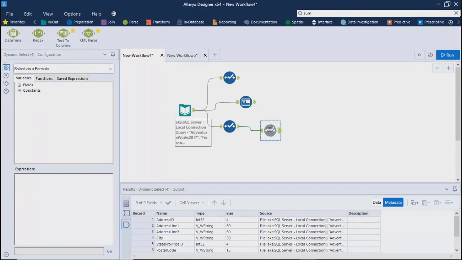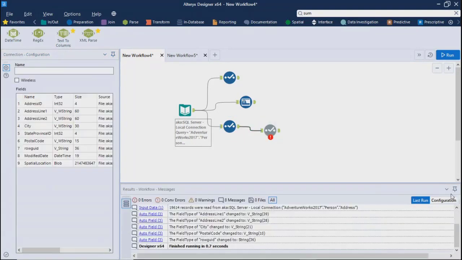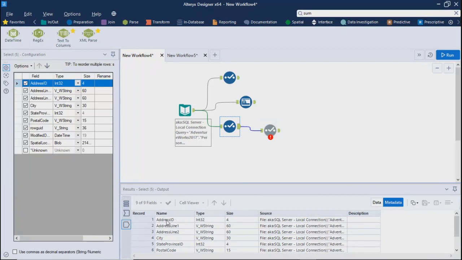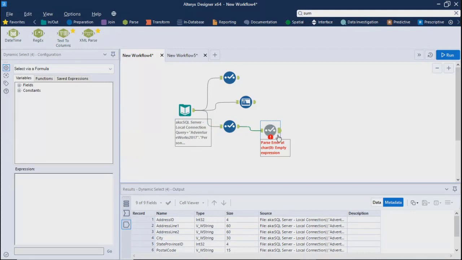Depending on the fields, if you want only two fields, you can define a formula. Let's say in the data you had address ID, and you want to name it something else, or show it at the fourth position. Then you can use dynamic select.